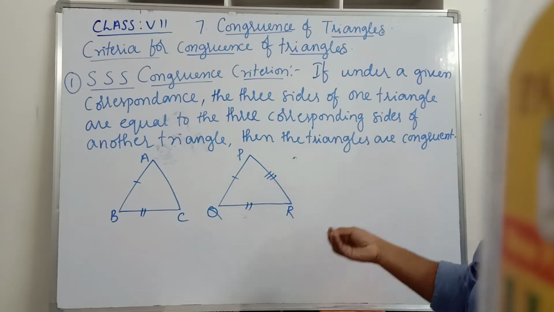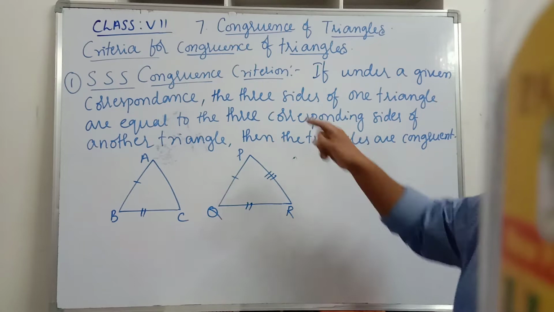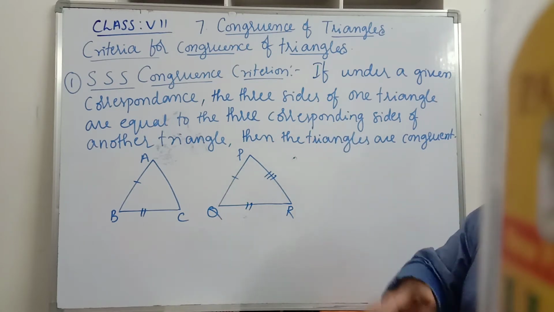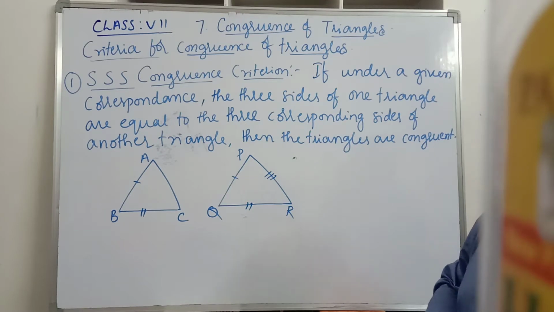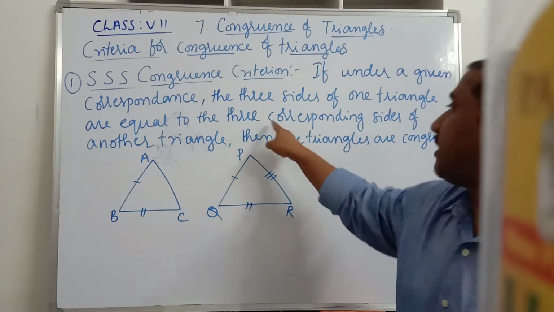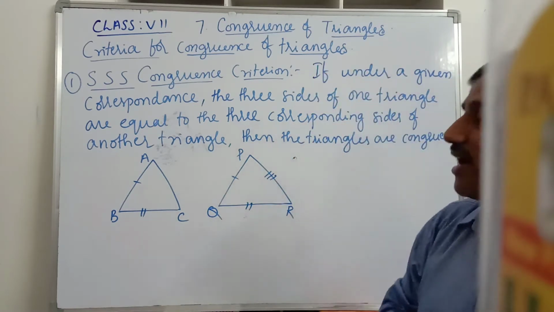It states that if under a given correspondence the three sides of one triangle are equal to the three corresponding sides of another triangle,